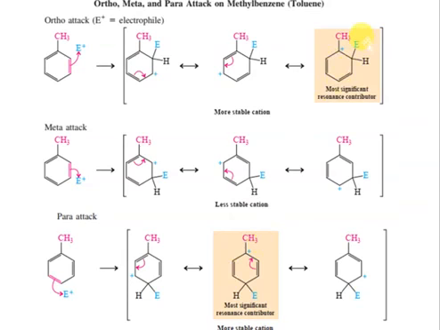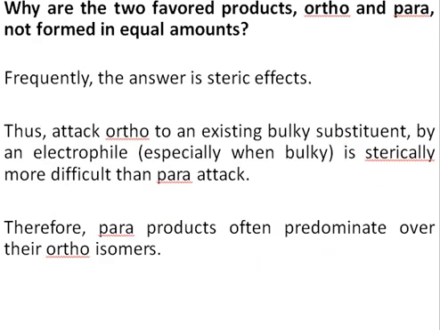Since the carbocations are highly stable, they are formed to a larger extent. Whereas in case of meta, there is no stable carbocation formed. Therefore, the carbocation formed by meta attack is not stable, and the meta product is not formed at all, or is formed only in very trace amounts. Right. So now we have studied that in case we have a methyl benzene, then the methyl benzene is